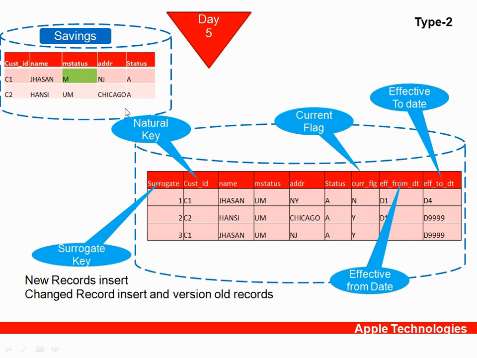But there is one very popular interview question. When we are building the dimension table, you have seen that the surrogate key is a primary key, a dummy column, and current flag will indicate latest or old, and effective from date and to date tell you from what time to what time your record was effective or valid. And there is one column I mentioned as a natural key. It is a very standard interview question nowadays. What is a natural key? A natural key is nothing but a natural primary key. What does natural primary key mean? Say when you take this one,